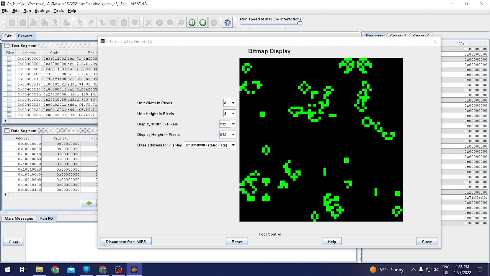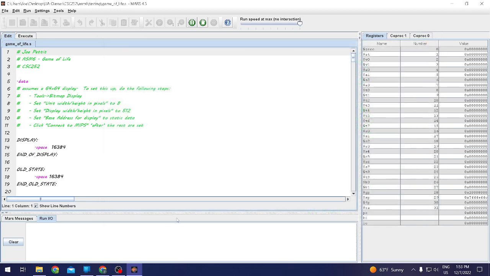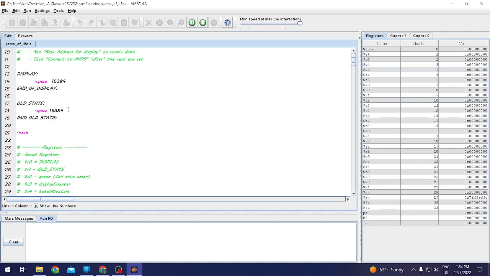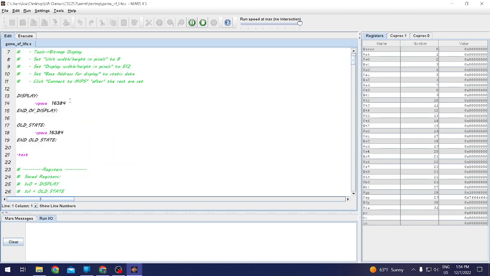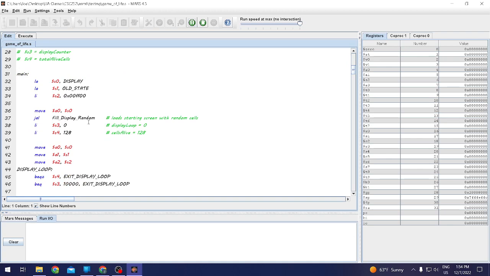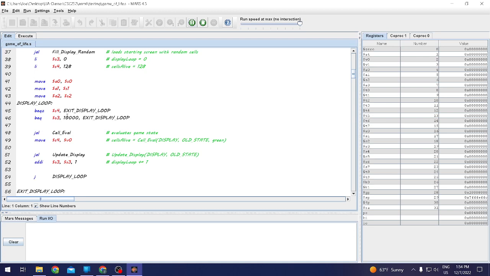Taking a look at the code, there are 3 main functions, 4 if you include main, that control the whole program. Main starts, let's back up. There are 2 displays. There's the main display that you saw in the old state. As the program runs, it'll fill it up with the 512 random cells, and then it passes the display into